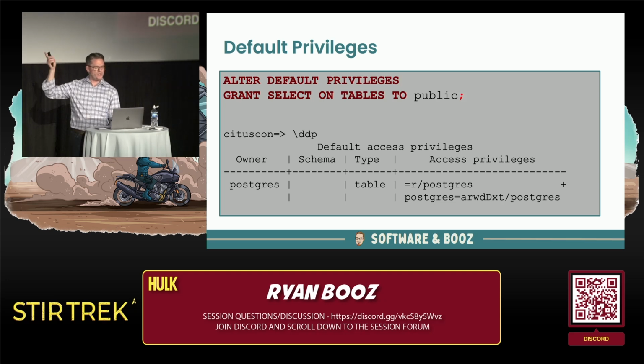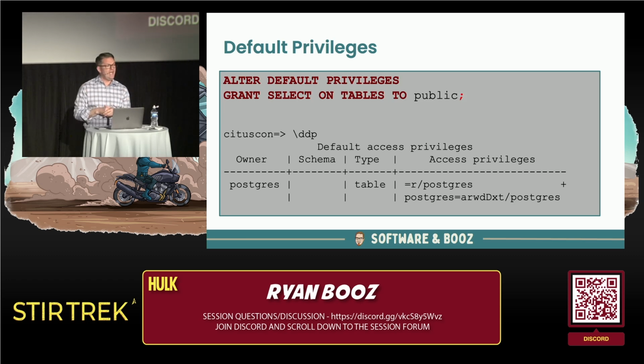So we do default privileges, and here's what almost no one realizes, these things exist. Default privileges are a way for you as that role. So these only exist for the role that creates them. In this case, let's say I'm that admin role. And every time I create a table, in this case, I'm saying grant select on table to public. Everyone's a member of the public role. And so if I want everyone to have select access on that table, that's an easy way to do it.